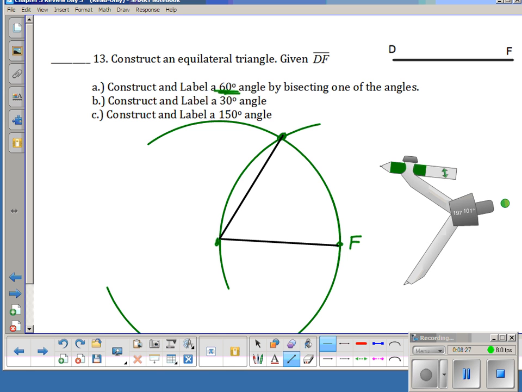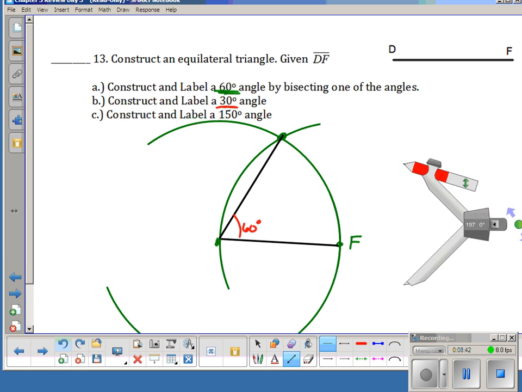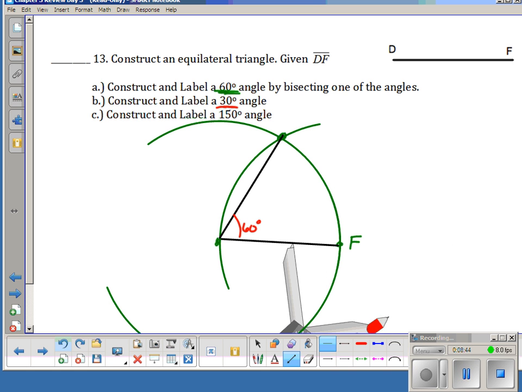So I can either construct the whole triangle by connecting all three sides, or if they just ask me to do a 60-degree angle, I really don't need that last side, so I'm just going to leave it. So I know that this is 60 degrees. Now the best way to get a 30-degree angle is to just bisect it, and that's the one we just did before this. So the angle bisector means I go to my angle,